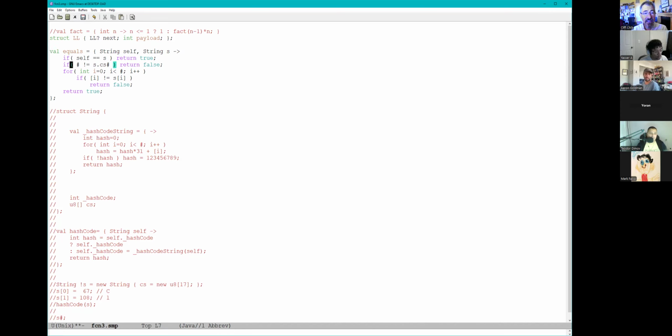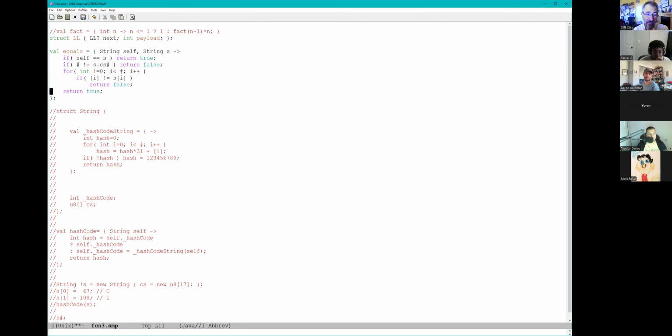Hindley-Milner says I can do it in one pass because I can come through here and say s.cs. So s is a thing that has a field, cs. So it's a struct with a cs field. Furthermore, the cs field has an array length. Therefore, it's a struct with cs, which is an array. And then I can come through and do whatever. This is an array, and then I'm done. Now I know that string has a cs, and it has the cs as an array, and doesn't know anything about hash code. It might have a hash code, might have other fields. Hindley-Milner will do that. So Hindley-Milner can do this in one shot.